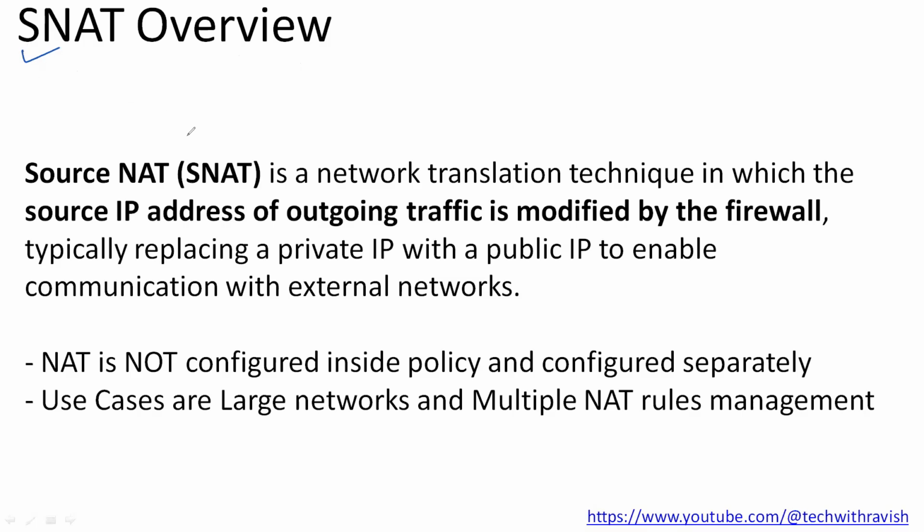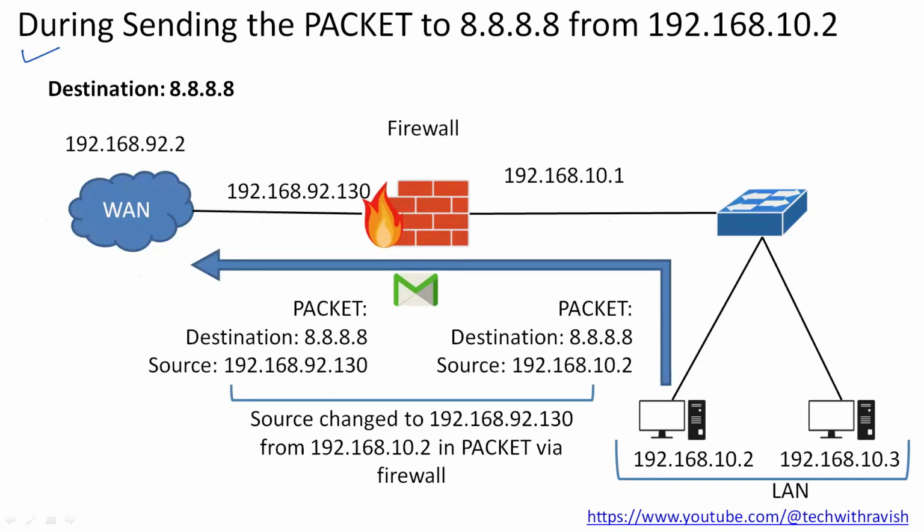Basically, source network address translation is a technique in which the source IP address of outgoing traffic is modified by the firewall, typically replacing a private IP with a public IP address to enable communication with external networks. Let us assume that we have a local area network in which I have a PC with IP address 192.168.10.2, and I want to communicate with the destination 8.8.8.8. So the packet generated by my PC has the source IP address 192.168.10.2 and the destination